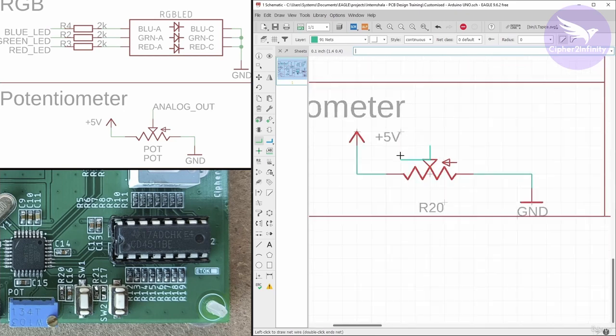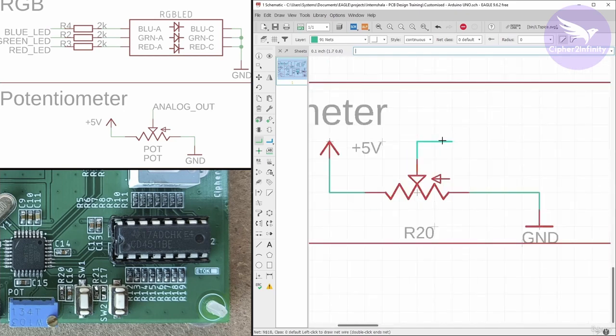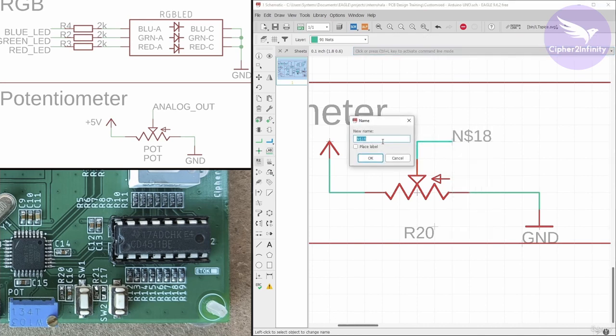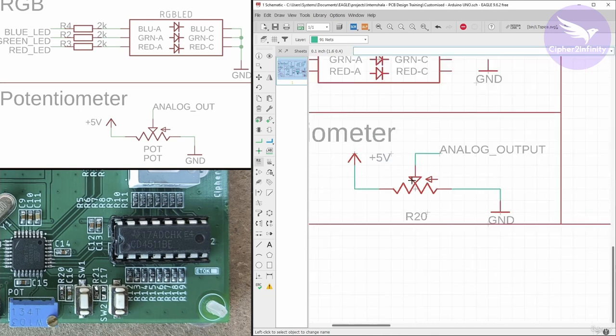Now let's connect the center point. So this point is actually connected to the analog output. So I will give the label to this particular pin as analog output. So I will change the name to analog output. Alright, so we have given the name to this particular pin, center pin of potentiometer, and this pin is now